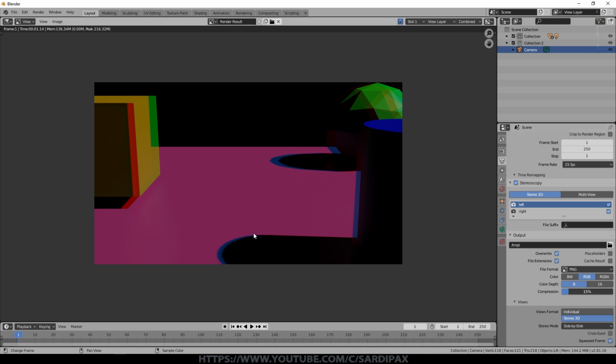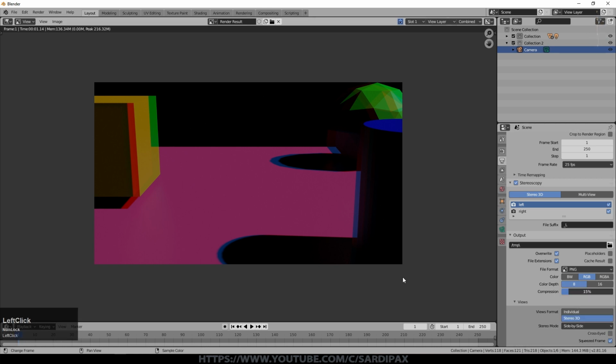If it's set to side by side, it'll be one image on the left and one on the right. If it's set to top bottom, it will be one long image at the top and another one at the bottom. As I say, top bottom is typically better, but I spent quite a bit of time trying to get YouTube to accept a top bottom video. I had no problem uploading that video straight to my headset, my Quest, and that recognized it straight away. But unfortunately, I couldn't get that to work after uploading to YouTube. So I ended up switching to side by side.